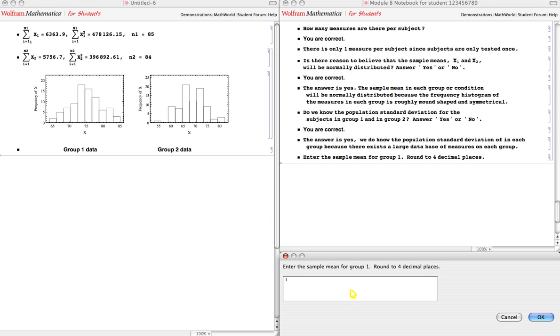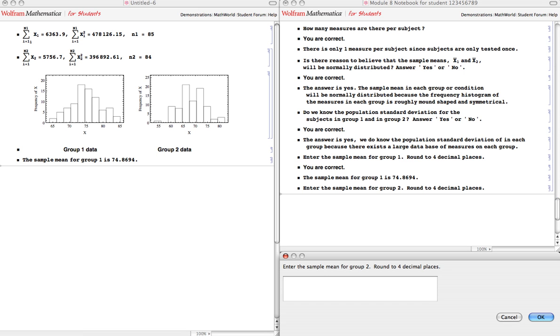Enter the sample mean for group 1, rounded to 4 decimal places. To get the sample mean, just take this value, the sum of x's in group 1, divided by the number of scores in group 1, 6363.9 divided by 85, and round to 4 decimal places, so 74.8694. Alright, sample mean for group 2, same procedure, so it's